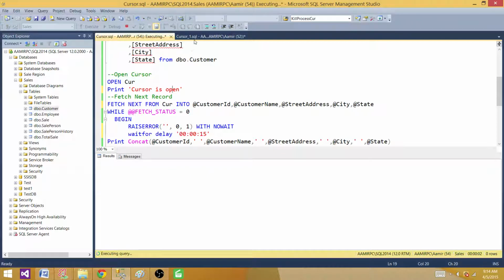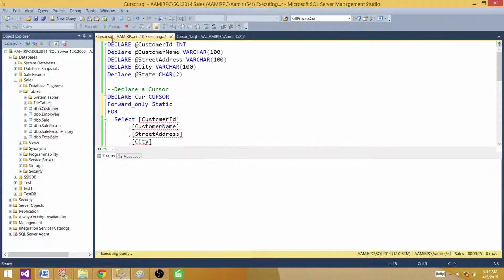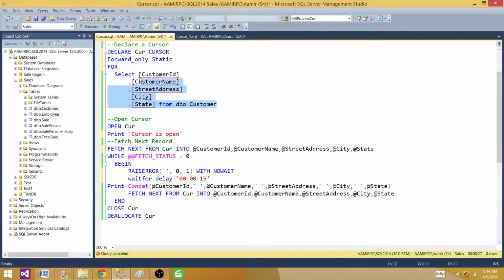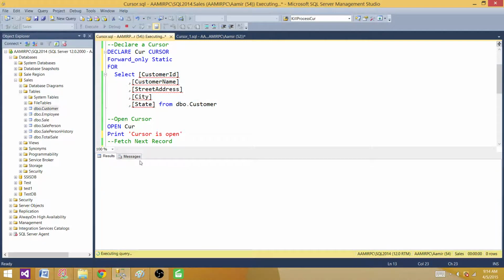Second, it doesn't care what happened in the base table. Once the cursor is open, it fetches the records on the declaration, and then you go ahead, make changes to your original table, and it's not gonna take any interest or go back and fetch those newly inserted, updated, or deleted records. So last experiment, I want to show you one more thing. Let's say this cursor right now is returning us 2 records. So when we run, the cursor is opened.